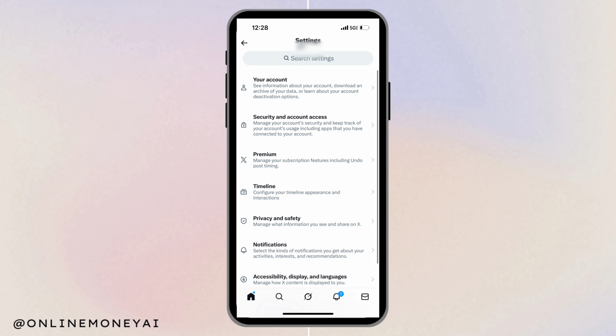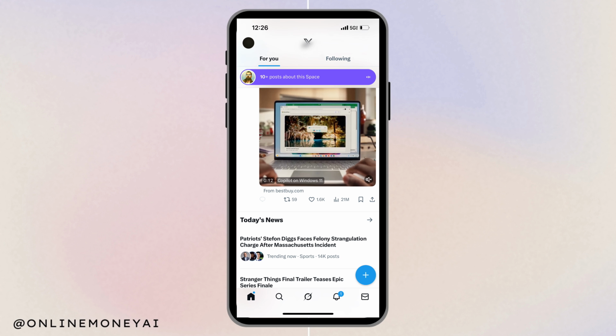Go back one step. Tap Search Settings. Turn off Hide Sensitive Content. If you're under 18, these settings may be locked and cannot be changed. And that's it. You've fixed the sensitive